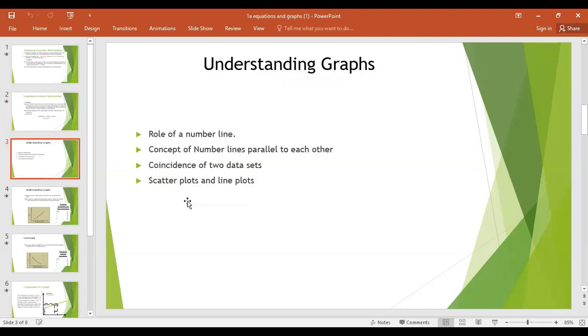Next is graphs. Okay, before we go to the next slide, I will show you here. The idea of graph started from the concept of number line. You already studied in mathematics. So number line is a scale where you put a dot and zero is in between, and you say how far the dot is from the zero. So if you draw a number line here, like it's a scale and zero is here, and you have a number that is 5, you place a dot here.